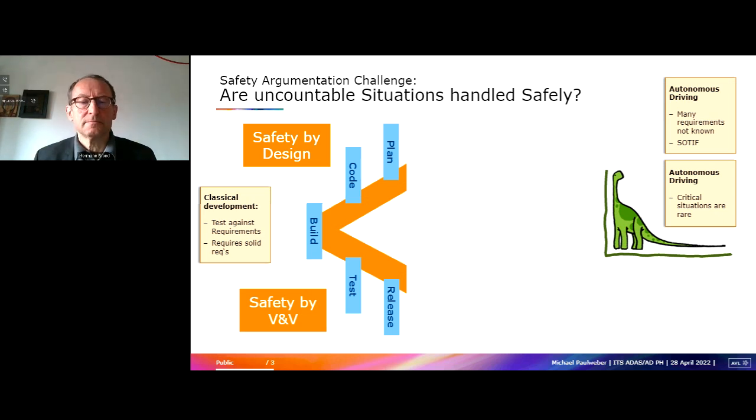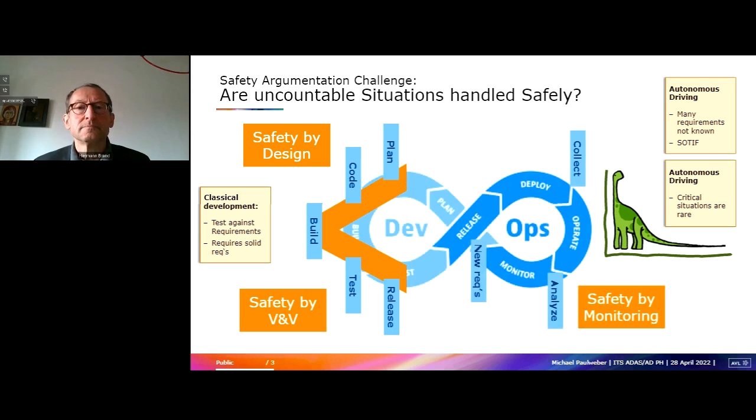So our problem is that safety by design is difficult, because a lot of the real critical situations are not known, therefore they're not specified in the requirements and cannot be solved. There's a common understanding that the only solution is that you have another safety layer, the safety by monitoring. It means that also during operation you check all the time if something happens which you did not consider during the design phase. And if something happens which gets you close to a critical situation or even brings you into